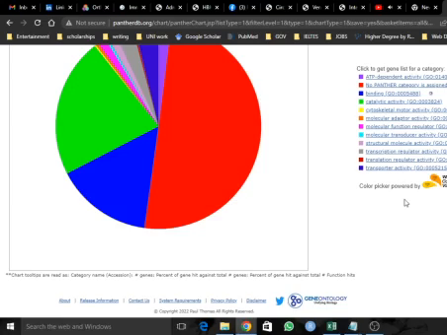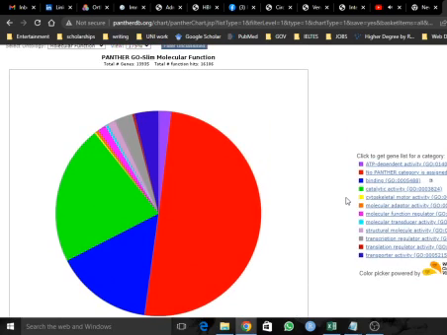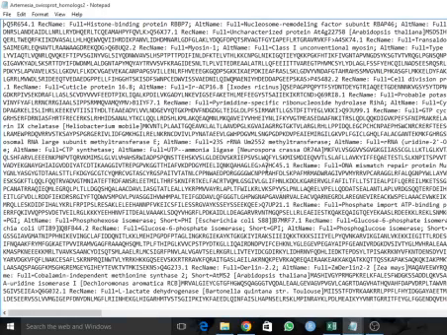Hello everybody, today we are going to talk about gene ontology, which can be done with the PANTHER tool. It is basically a classification tool which provides a classification of our data. So basically I have transcriptomic data. Here it is. First of all, I'm copying the specific IDs of my transcriptomic